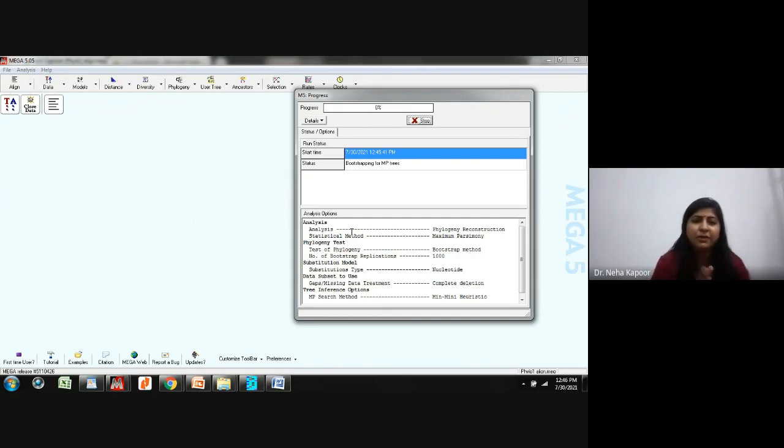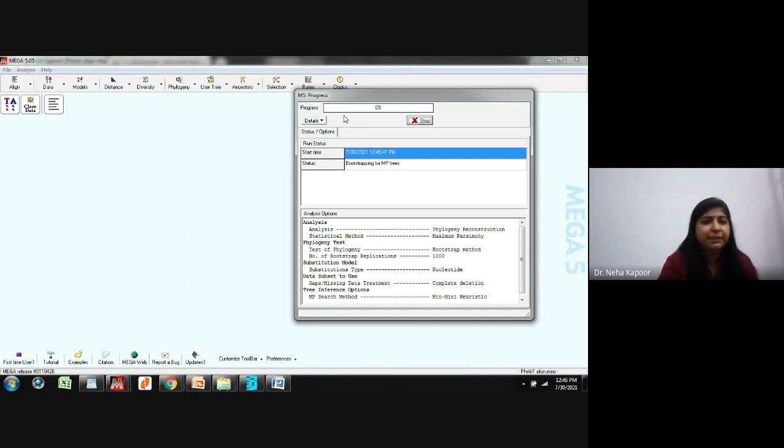Till now it is 0%. It has not started. It is just preparing it. But if you had taken a smaller number of sequences, it would have reached 20% or 25%. If you use more sequences, it will take larger computational time. So herein, because it is basically analyzing each column of the alignment, it will take much longer time as compared to the distance based method.